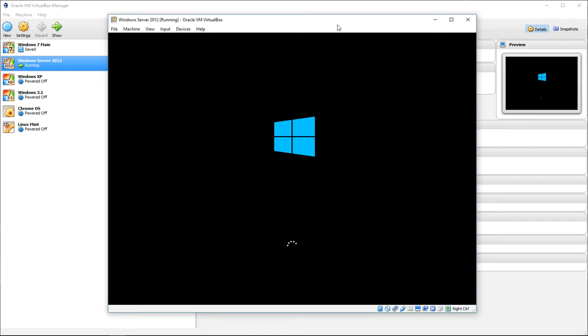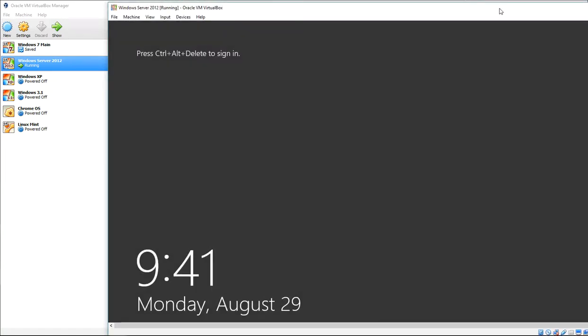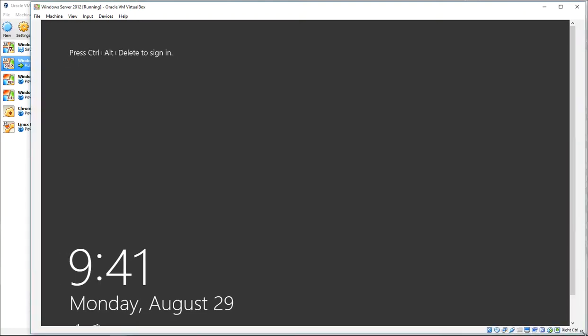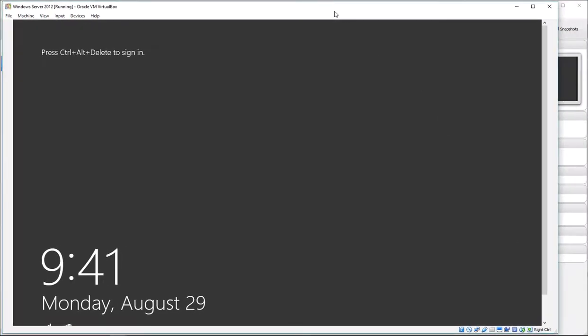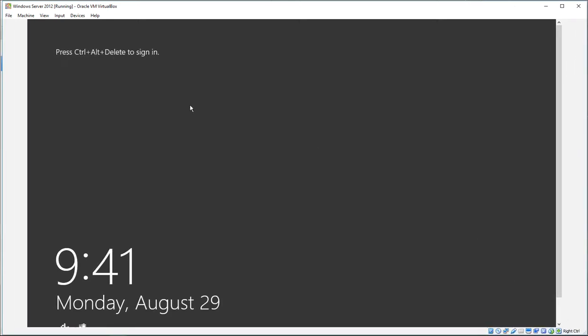On a Windows Server machine, you have to input Ctrl-Alt-Delete. Well, if I just press Ctrl-Alt-Delete on my computer, on a Windows 10 machine, it's going to bring up my operating system, and I need to resize this for the recording here. So I can't just push Ctrl-Alt-Delete on my regular machine because it'll pull up the option on my regular operating system, and I can't do it here.